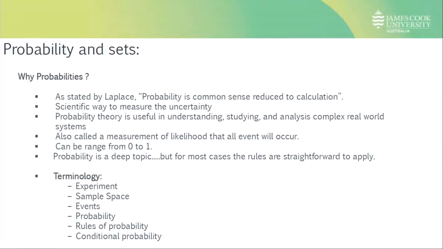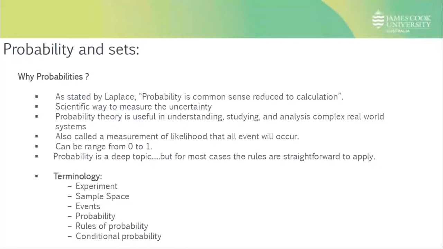Also, probability is important for measuring the likelihood in statistical learning. Those who have done a little bit of advanced statistical learning know what is called the likelihood, which we will use mostly in various kinds of regression and classification problems, like linear regression and logistic regression. Probability is always between 0 and 1, not more than that. It is a deep topic but very useful to apply in a straightforward way in the mathematical sense and